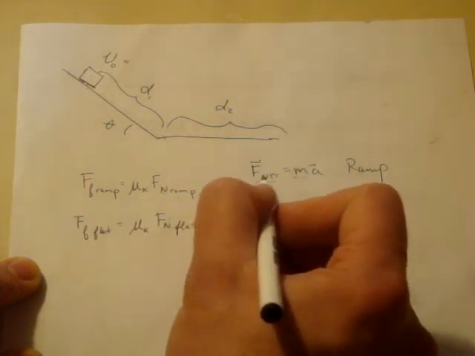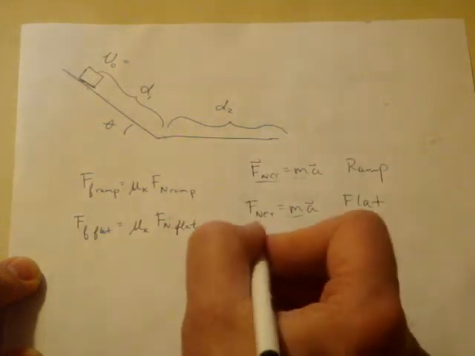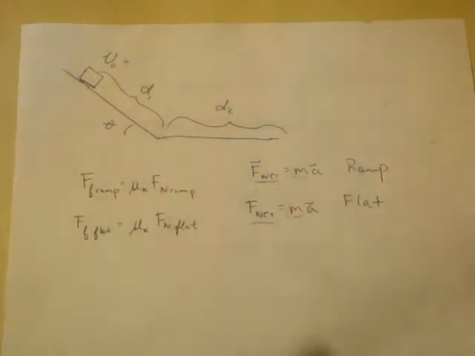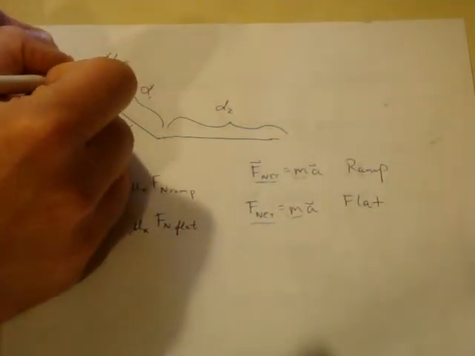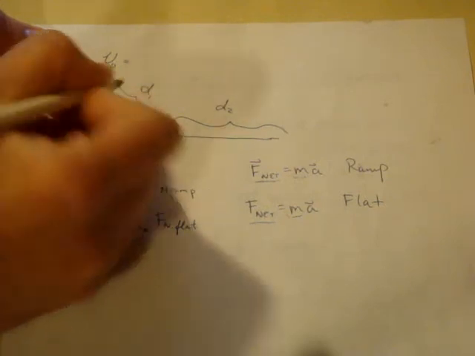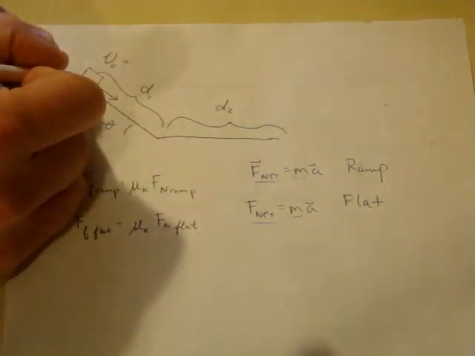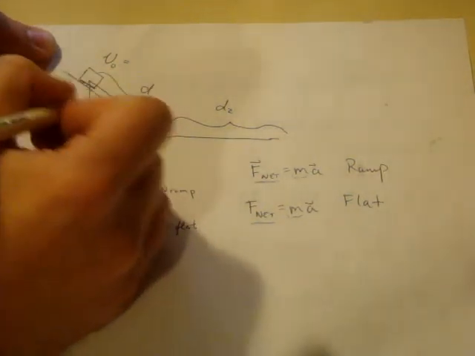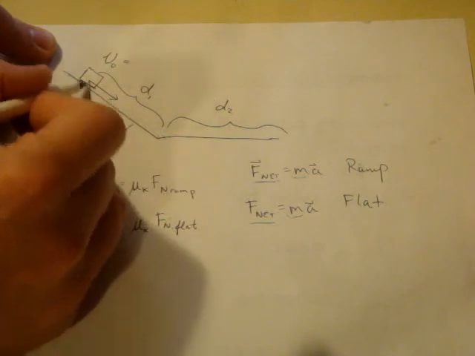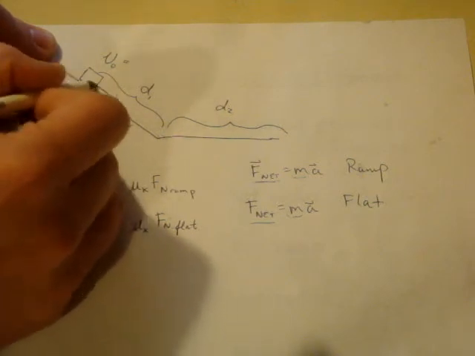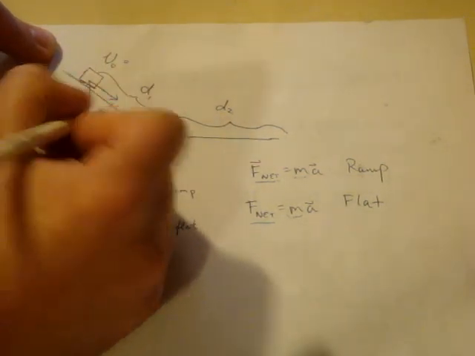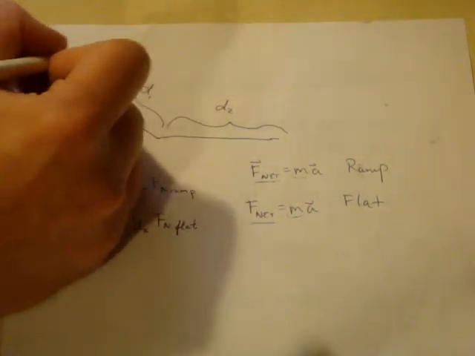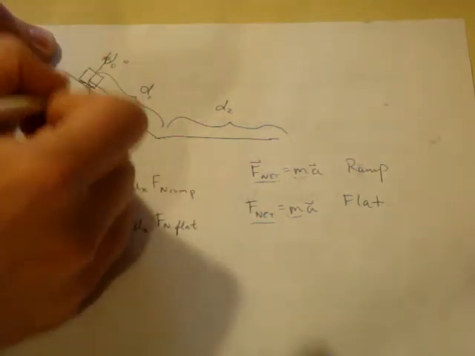Now the net forces here, when it's on the ramp, are going to be different than when it's on the flat portion. On the ramp portion, the forces acting are the component of the weight acting down the ramp. So we have our weight, the force due to gravity, acting on this block going straight down. It has a component along the surface here and also a component perpendicular to that. There's also a normal force pushing out. All right? So here's the normal force,